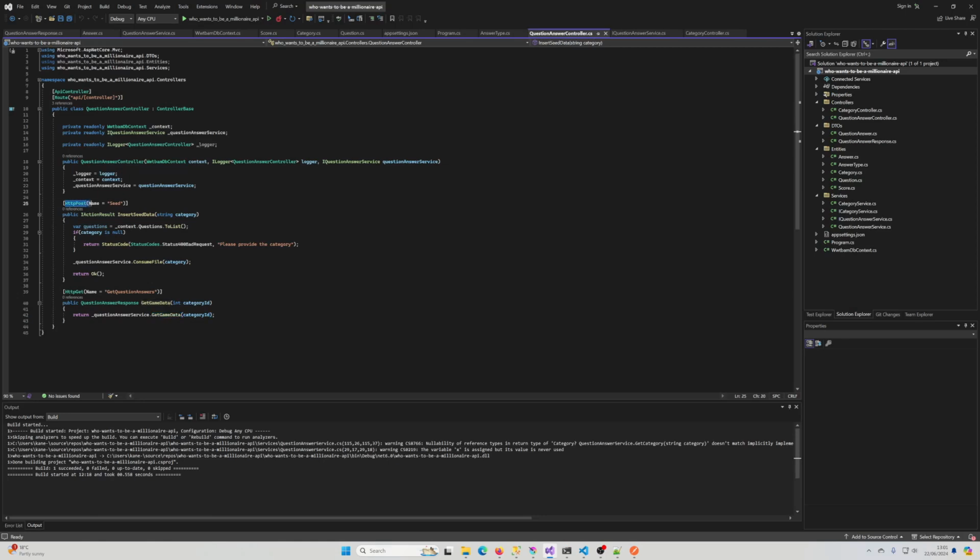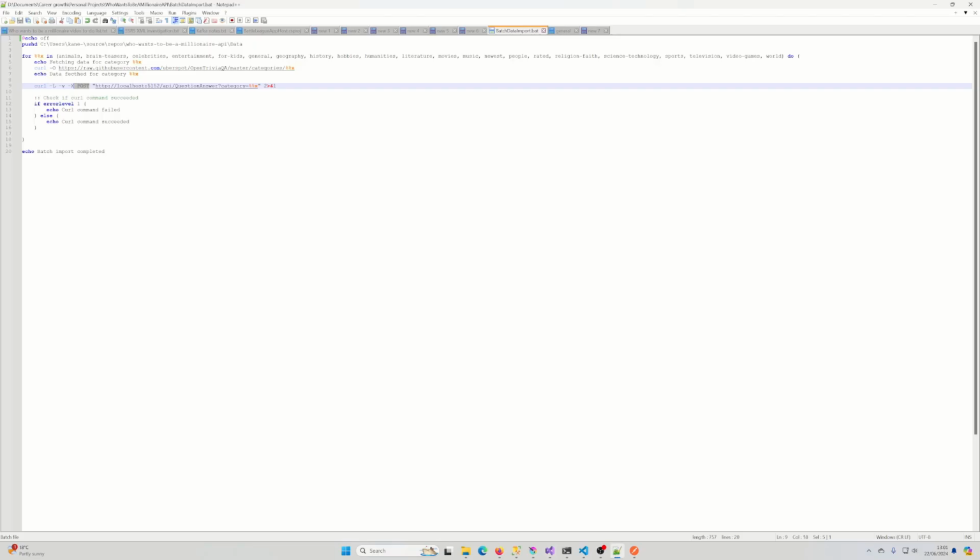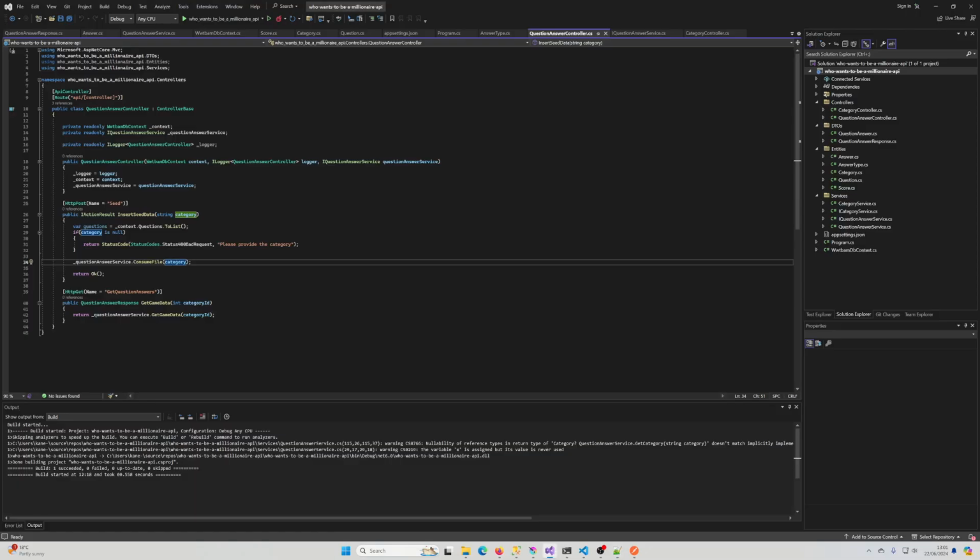Here is the post request. I just gave it a name of seed. There's a method called consume file, which takes in the category that I specify in the script. If I go into this consume file method, which is on the question answer service,